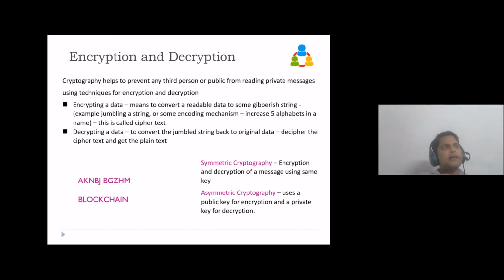Okay. And there is something else which is called an asymmetric cryptography, which uses something called a public key for encryption and a private key for decryption. This asymmetric cryptography is what is being used in blockchain and various other technologies where secure data transmission is used. When a message is being sent from one person to another over the internet, he uses his private key to encrypt, and he uses